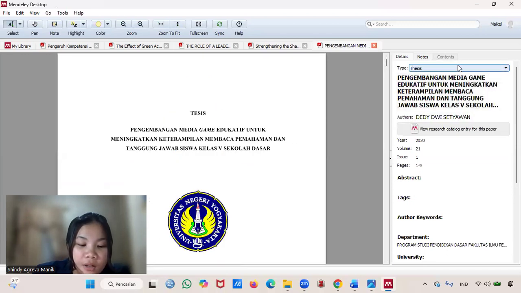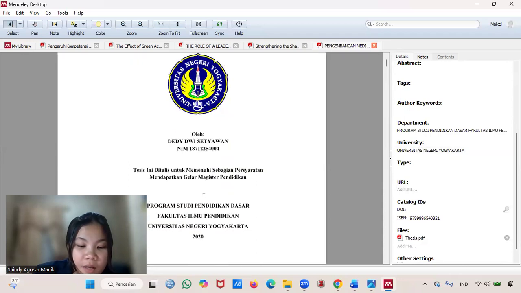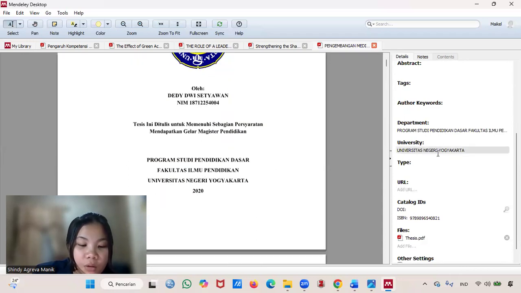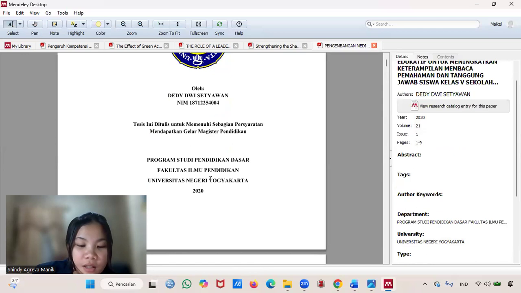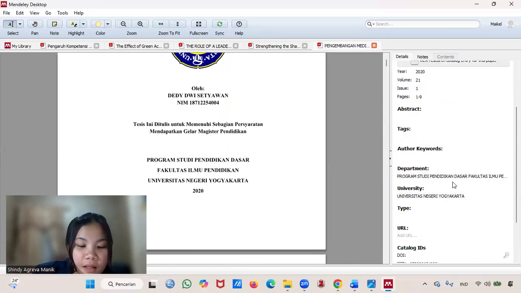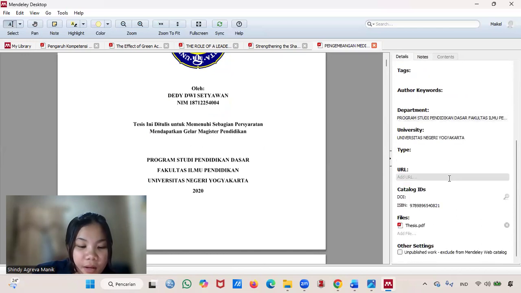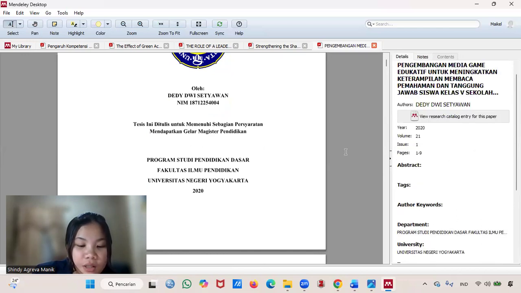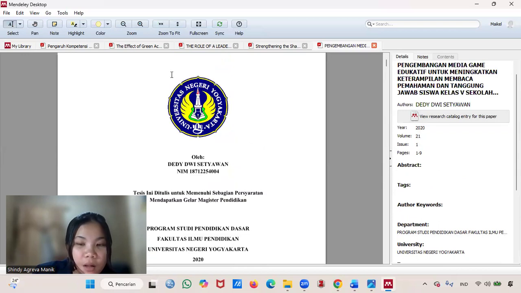There is one additional column that we must pay attention to here, which is the University field. Ensure that the original university name is written in full. Don't forget to also check the year and the department fields if they are available. Having complete data is very important so that our citation looks credible and the source clearly shows which institution it belongs to.